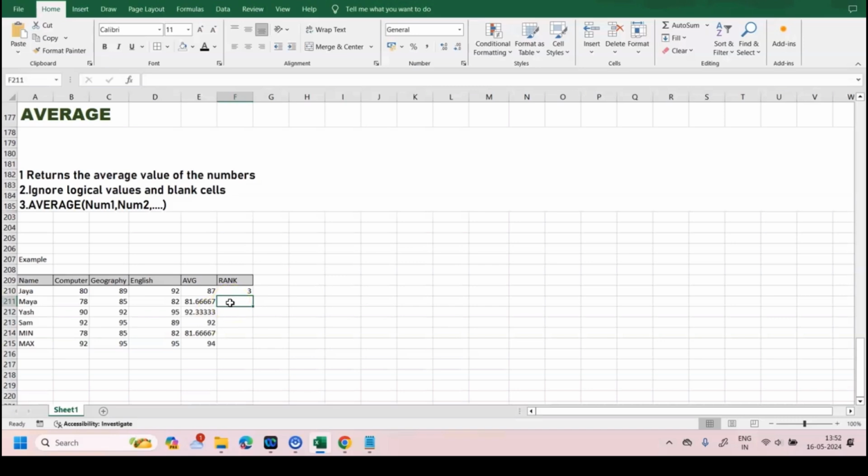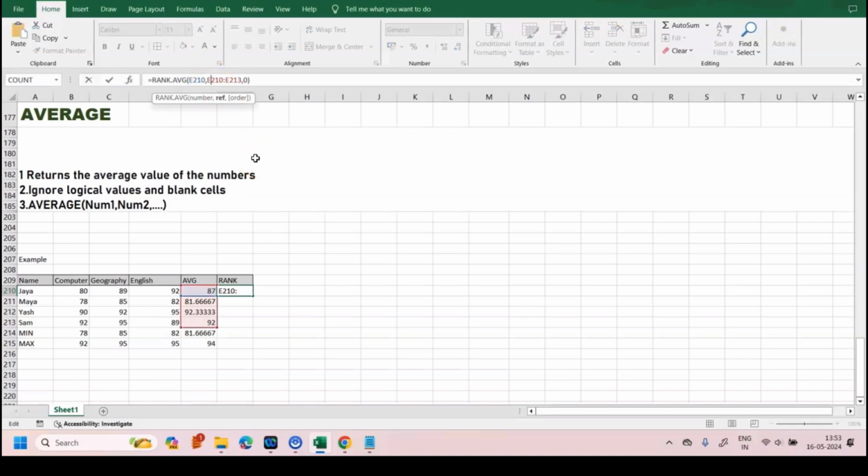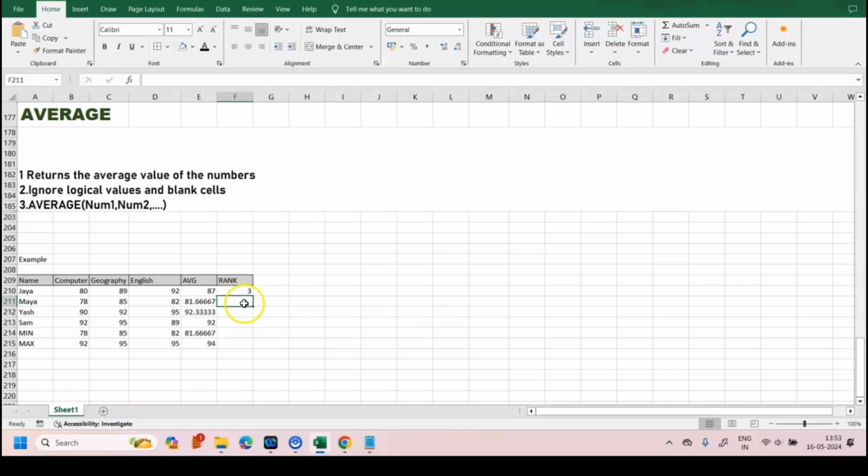Now I can repeat the same for Maya as well, but I see the rank is 3.5, which is not correct. So what went wrong here? If I look at the formula, the range is from E211 to the next cell, which is not correct. The range should start from Jaya. This is the same problem we had earlier. We are selecting a range, so we should add a dollar here, meaning this range should be constant from Jaya to Sam. Once I fix that by adding a dollar here, I can see the correct value